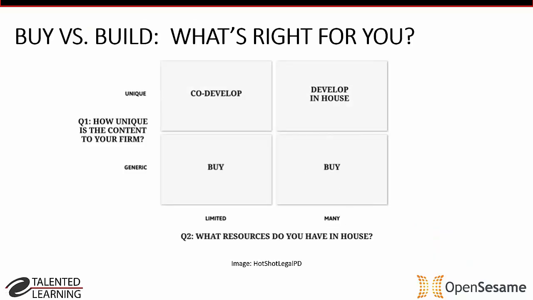So how about a couple slides here and we'll wrap it up. Yep, so I know we're running short on time. So regarding the idea of buy versus build, I have this great chart up here that we use with a lot of folks. It just is to kind of show a way to think about that question: do we buy or do we build? With question number 1 being, how unique is the content to your company? And then question number 2, what resources do you have in-house to create the content?